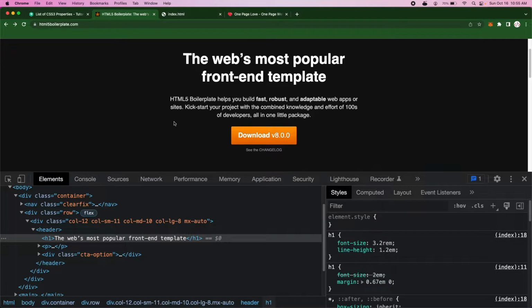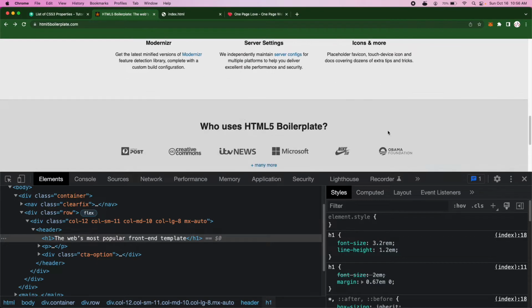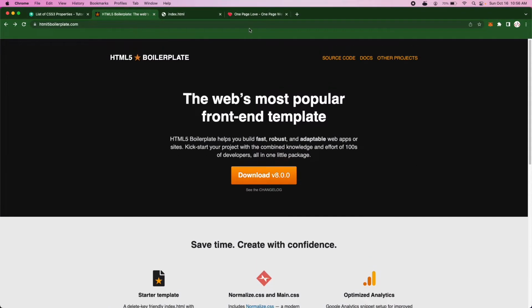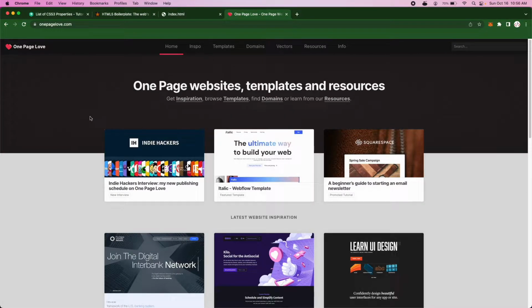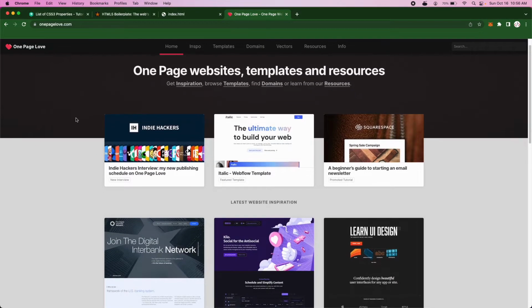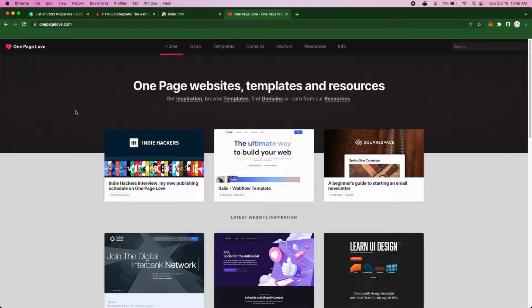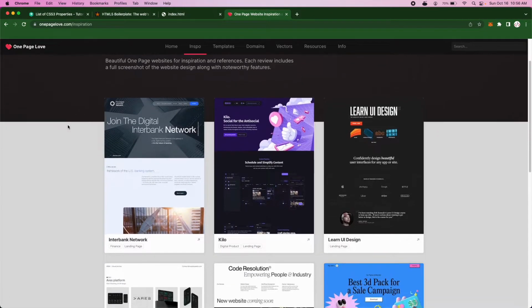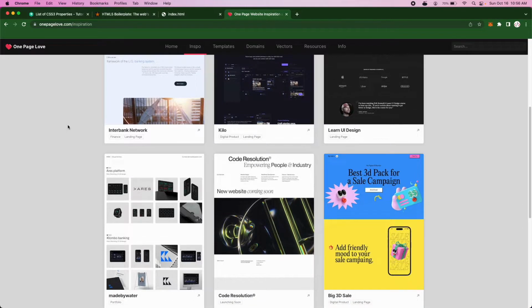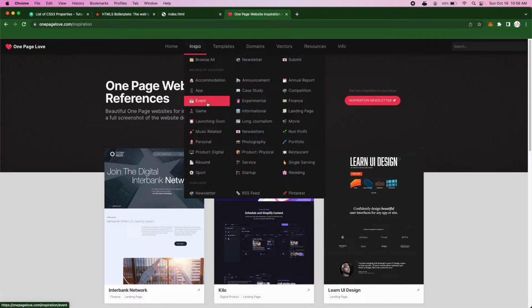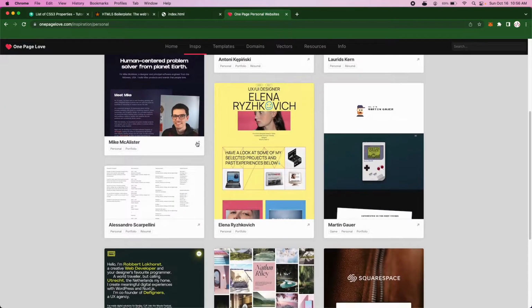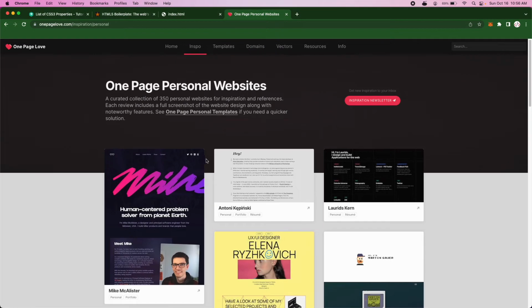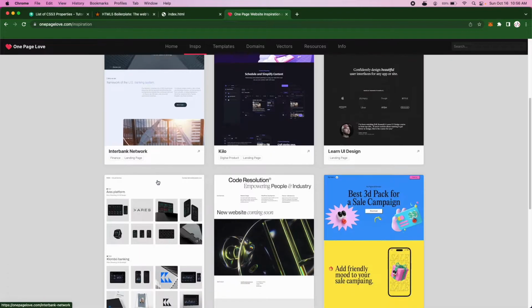If you're more advanced, like you can make this page in 30 minutes or whatever, the next step would be to go to one of these CSS gallery sites, I like to call them. There used to be a lot of them back in the day. My favorite one is One Page Love. I don't know if you ever heard of this site, but it is all websites that are just one page, like either a landing page or a portfolio. They have this inspiration section, so you can say, oh, I really like personal, and you can see these are just personal websites of different people, but the designs here are usually top notch, and sometimes you get crazy